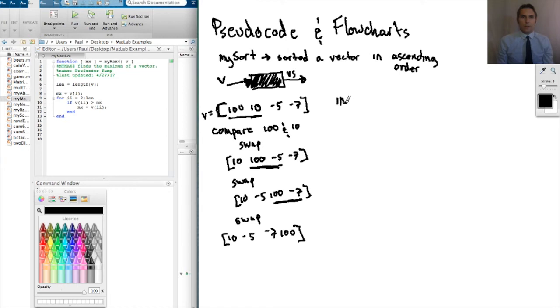So remember, there's nothing particularly that you have to have in your pseudocode. It's up to the programmer. But it should just be very clear and unambiguous. So we're going to input v. So our function now has v. And we're going to make these comparisons. So we'll say for each adjacent pair in V,